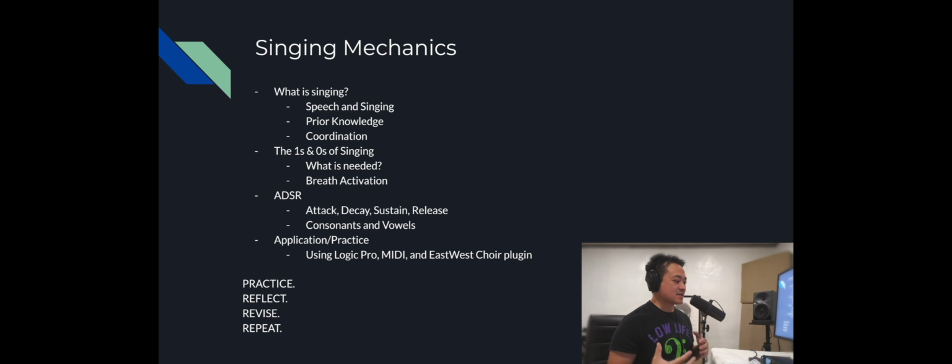In this case, I'm doing this because of signal to noise. But if I were to practice, I would just leave my phone or whatever recording device somewhere and just sing and see how much energy I have in my consonants, how much energy I have in my voice. Revise and then repeat.